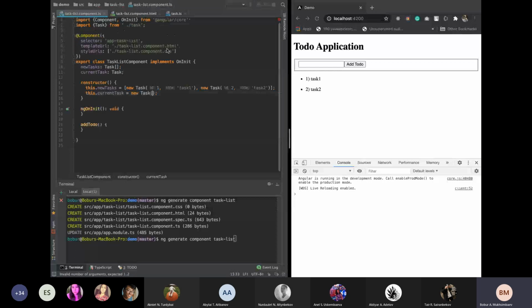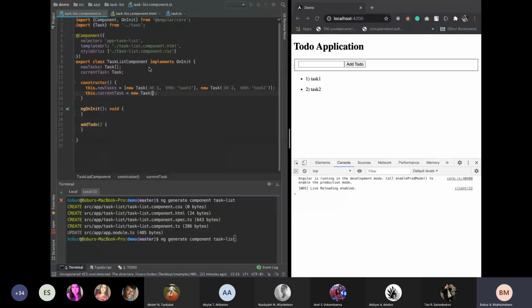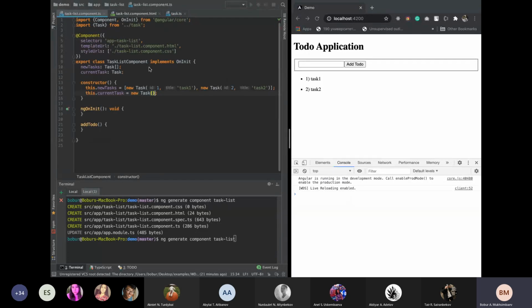And inside of the new Task, the ID, let it be by default 1. But it's not correct because all newly created items will be 1, but for now it's okay. Okay, ID by default is 1. The current task was created, and